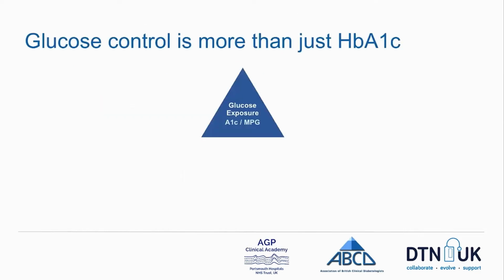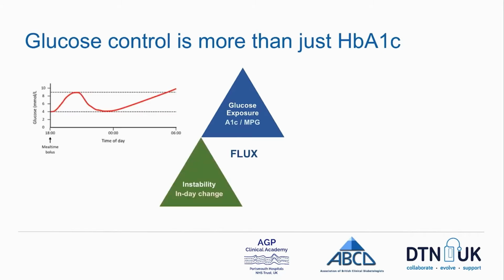So, whilst the average of glucose levels is certainly important, and we know that this is something that builds up to our overall risk over time, we have to recognise that the glucose control of an individual is much more than just that hemoglobin A1C average. And so we need to take into account measures of glucose change, or glucose flux, if you like. And these measures naturally fall into 2 categories. The first category is glucose flux that happens in an individual day, which we tend to term glucose instability.